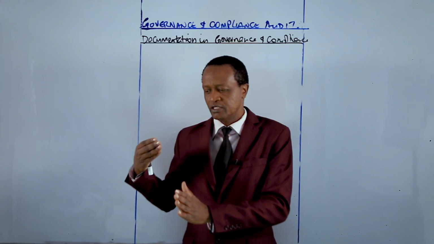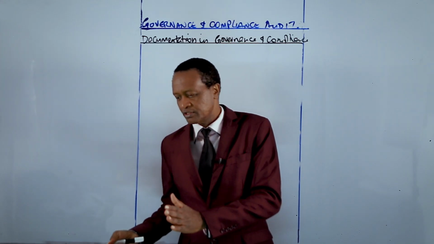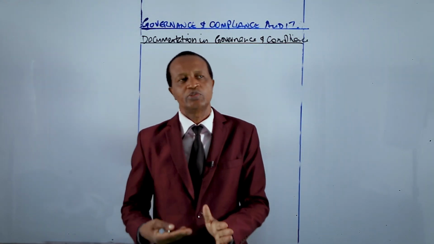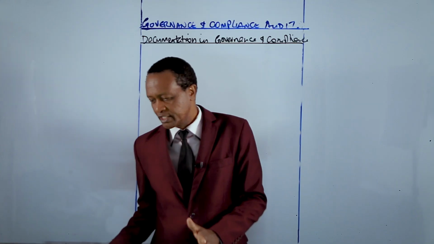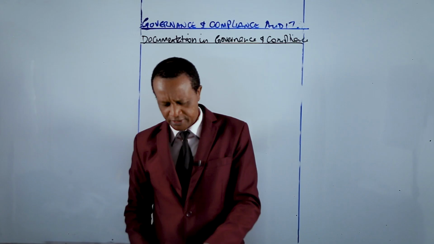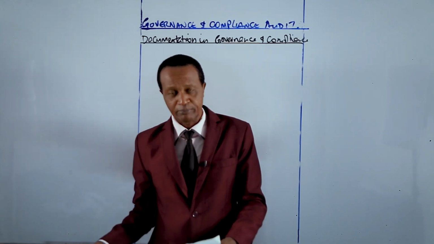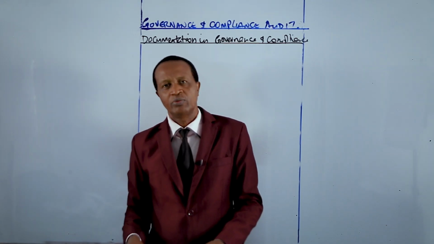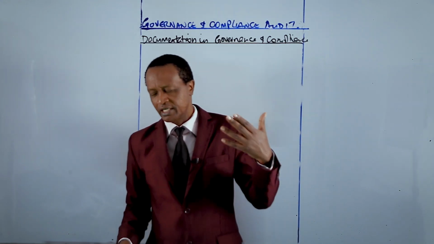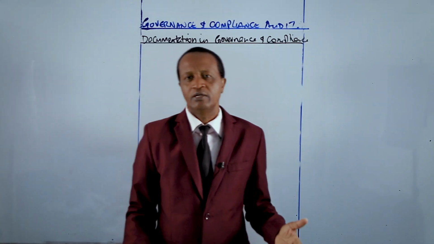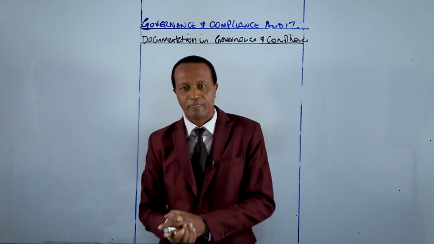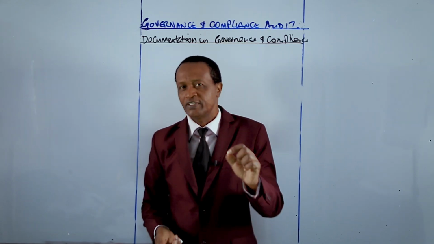And in the previous chapter, that is the chapter on planning, we delved into the audit working papers. I think it is subtopic number 12 of topic number 6, preparation of audit working papers. In this chapter, we defined audit working papers, we gave the types of audit working papers, and even the reasons why the working papers are important in the context of governance and compliance audit. So it's important for you to have that understanding.